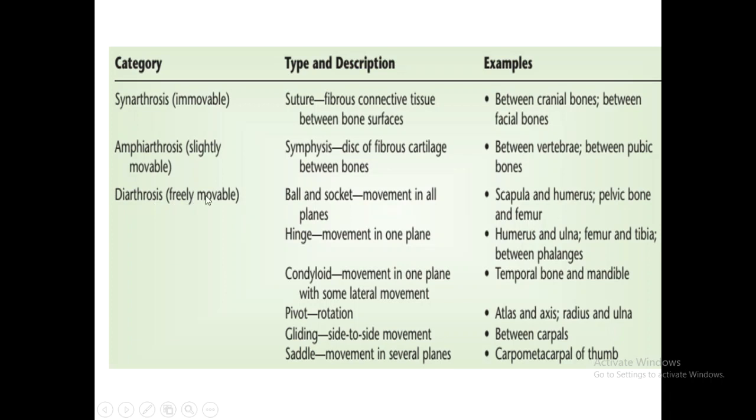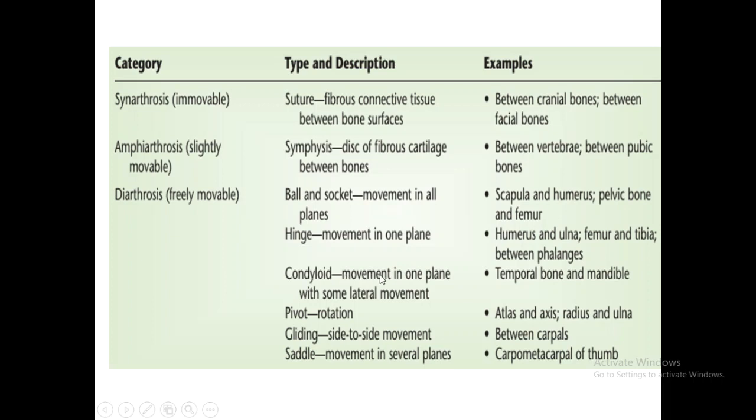And diarthrosis, freely movable, ball and socket movement in all planes. Examples of the ball and socket: we have the scapula and humerus, pelvic bone and femur. We have the hinge movement in one plane, and then the examples: humerus and ulna, femur and tibia, between phalanges, and then condyloid